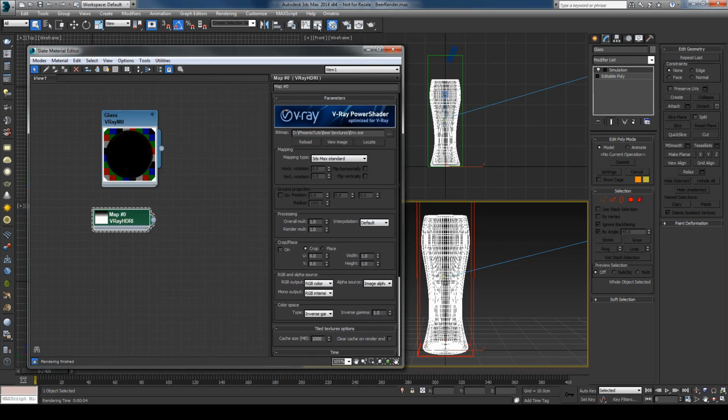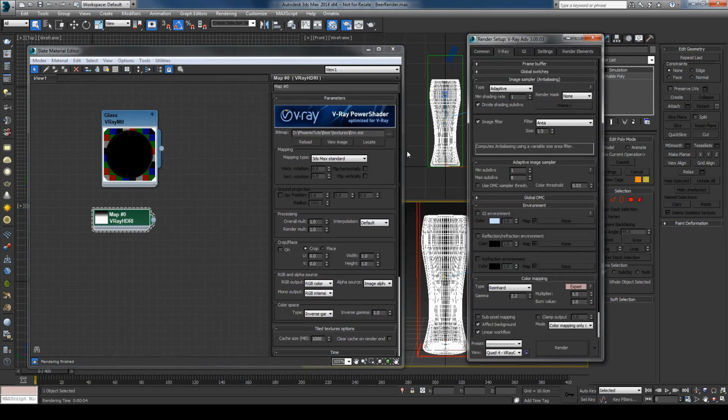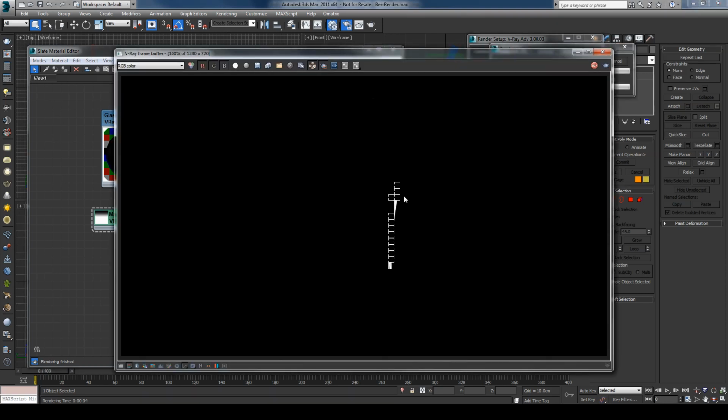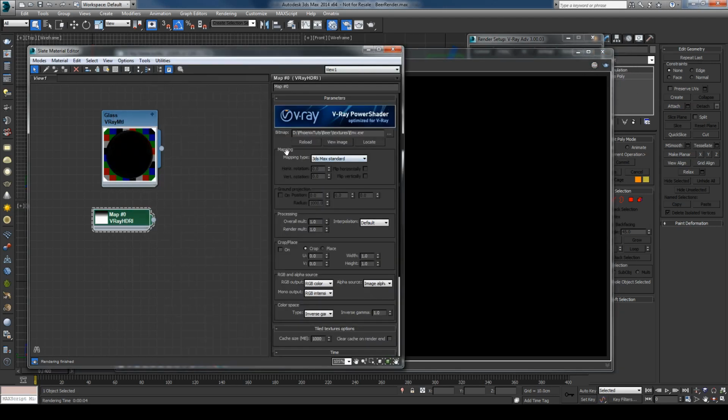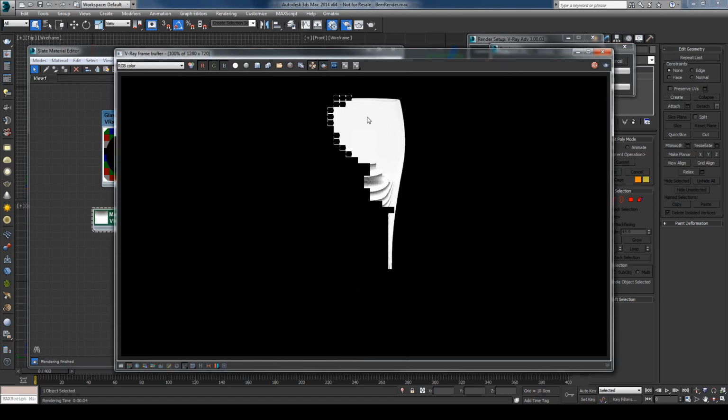And I'll open up the V-Ray properties, and here in the environment section I'll turn on the reflection and refraction environment, and just put the texture here and hit render. And I have to, of course, set the mapping to spherical. Hit render again,